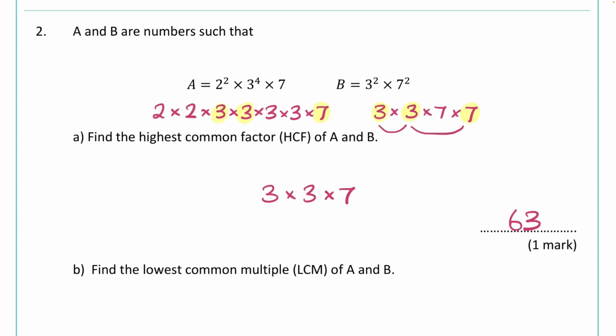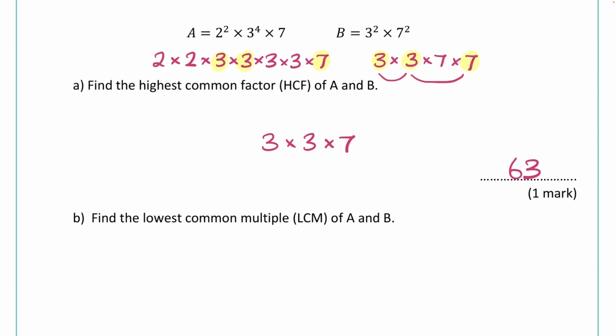So a really nice quick way of getting the highest common factor rather than writing down all the factor pairs. And of course these are quite large numbers as well. 3 squared times 7 squared, that number on the right is 441. So it'd be very difficult to go about trying to find the factor pairs of these numbers, so a much faster method. For the lowest common multiple, we can use exactly what we've already done above in regards to highlighting the numbers,